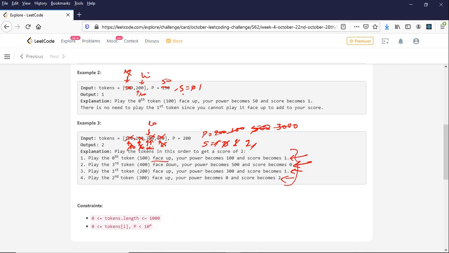So that means I need to check my low is not equal to high until that point. We can do a trade, that is face down play, else we should not do. So we can do that check here. Okay, so let's start coding and let's try to build the algorithm in the code.